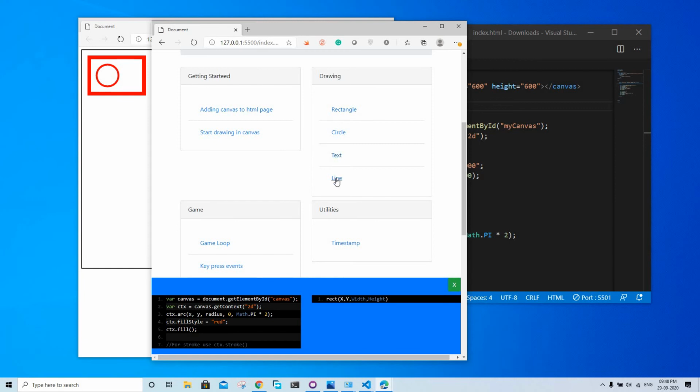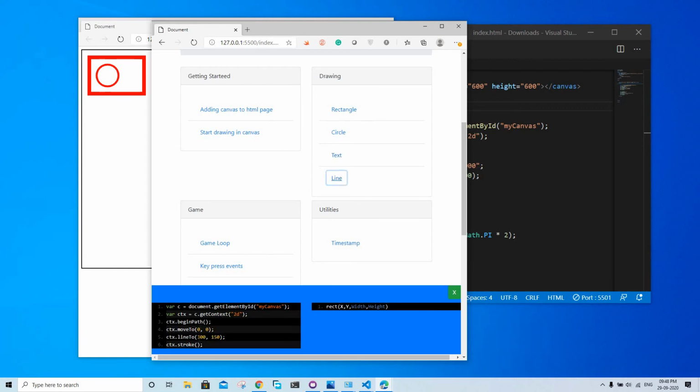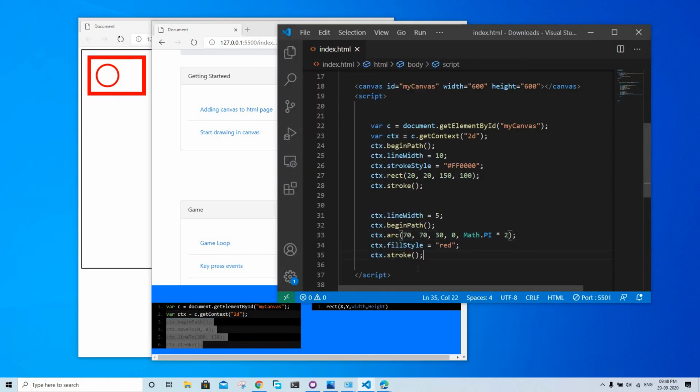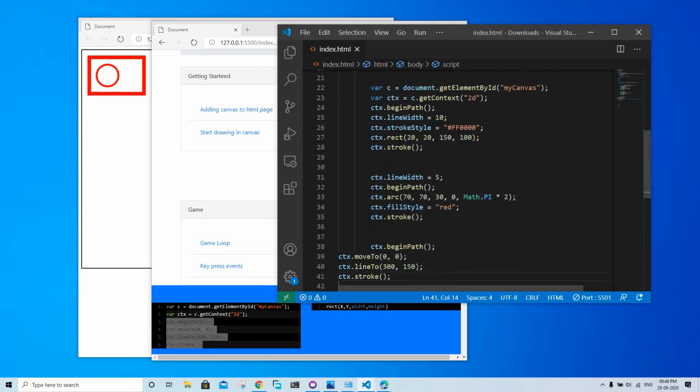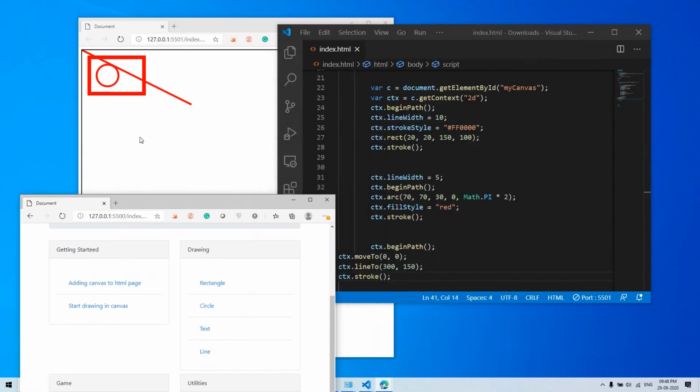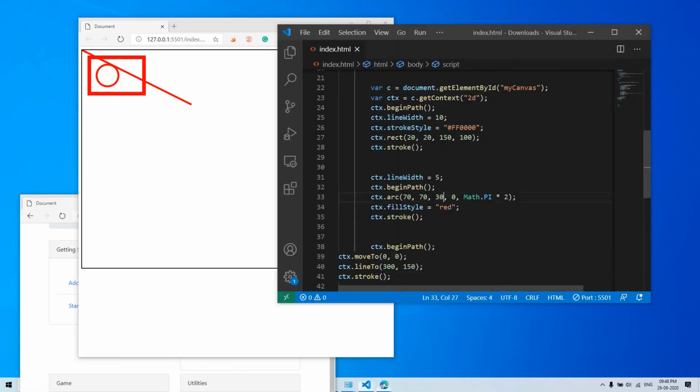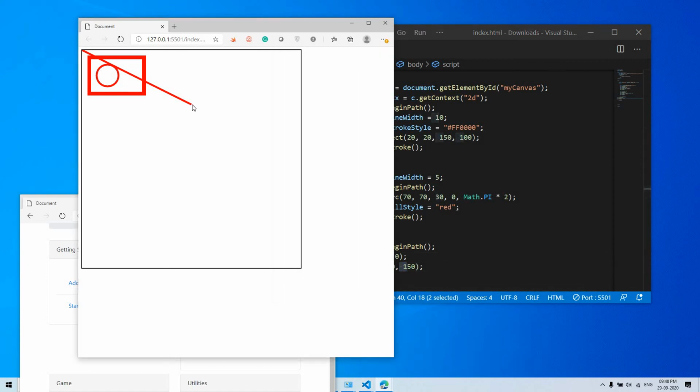Now you can also draw lines. We're going to copy this part only. Okay, this works immediately. So what is happening is it moves from 0, 0, which is the left top corner, and then moves to 300 by 150, which is this point exactly.